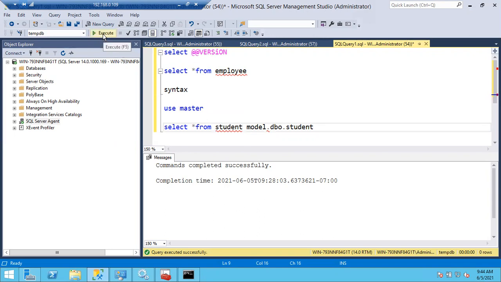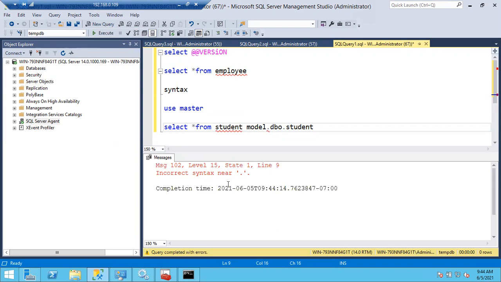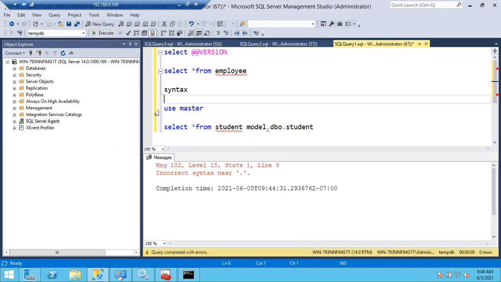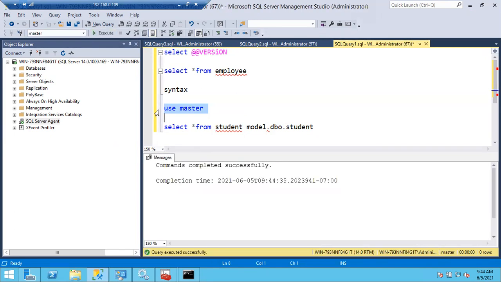Let me run it. You can see the incorrect syntax. If you double click on it, it will highlight exactly where the error is. And you see here it was changed from TempDB to master. Sorry, earlier it was master, right? Okay, that's fine.